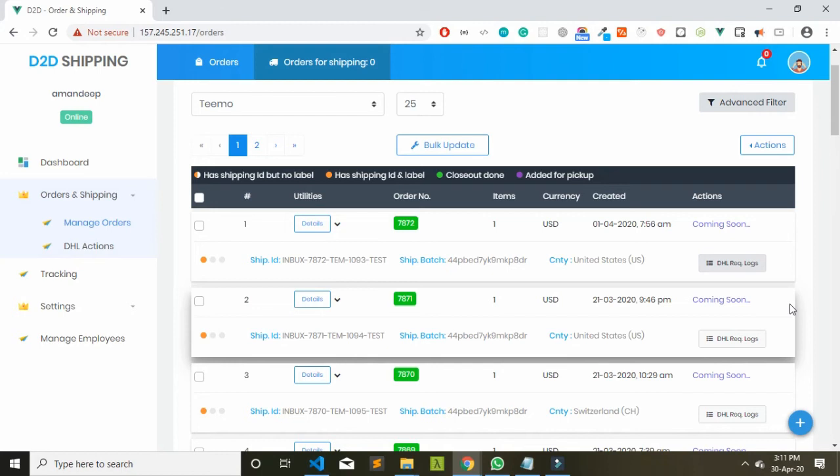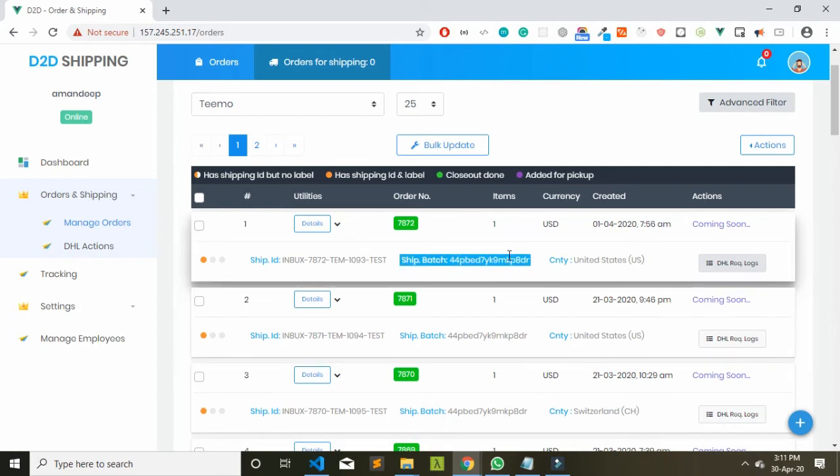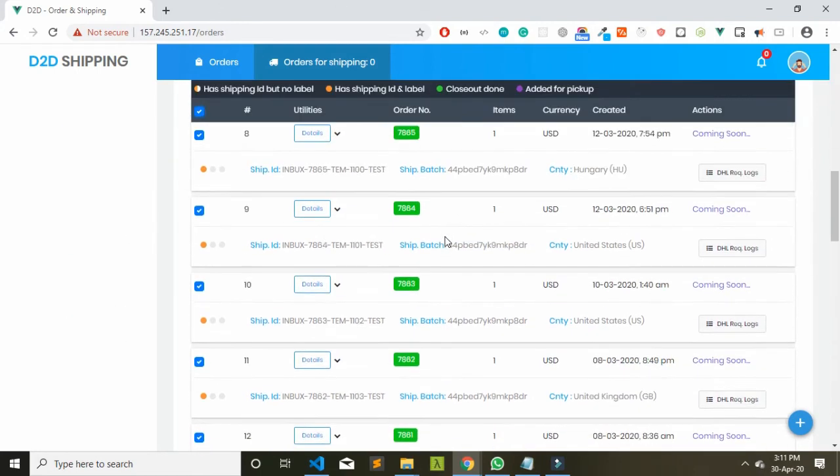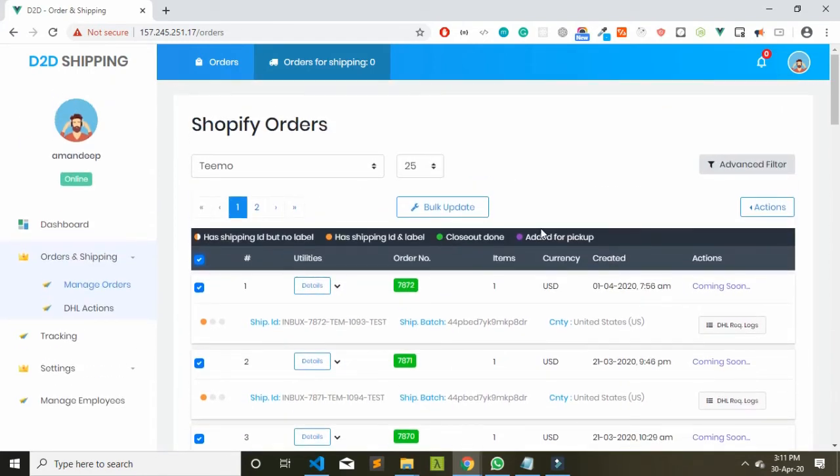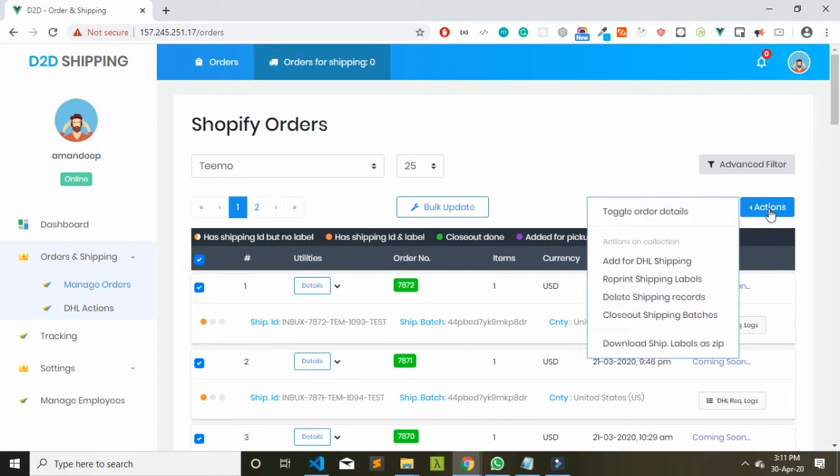Alright, so the next thing that we should see is how to download labels. So we created the shipping. Now it's time to download the labels. So we are going to select all 25 of these records. For demo purposes only I'm showing you 25. It can go up to 100, so that is their limit. So I will go to actions and I will go to download ship labels as zip. So I will click on it,